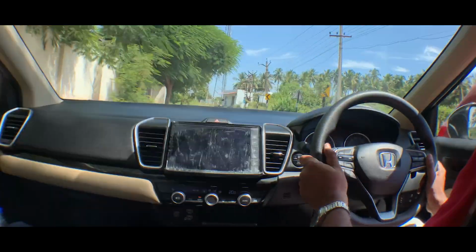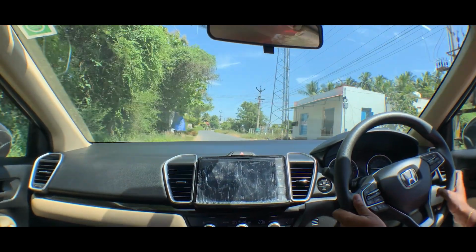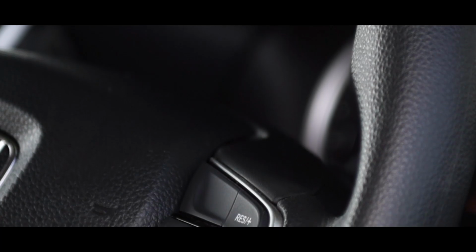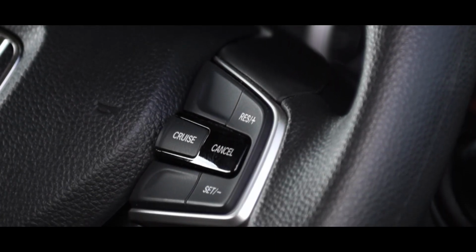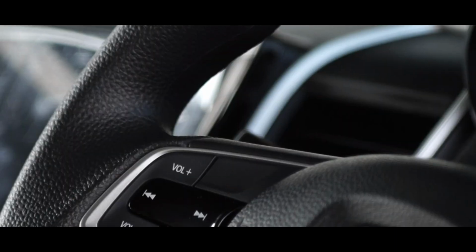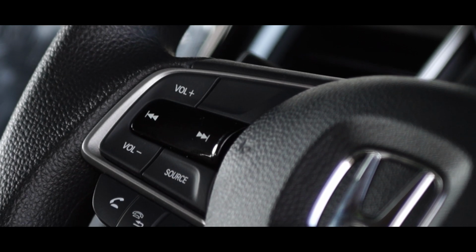Wiper and light stalks are of good quality and are good to use. Wiper blades are decently sized and do a good job cleaning up the windshield. Cruise control is available and its control is provided on the steering wheel and is very useful when riding on the highway. Steering mounted controls for the audio are provided on the other side, thus making it easy to operate